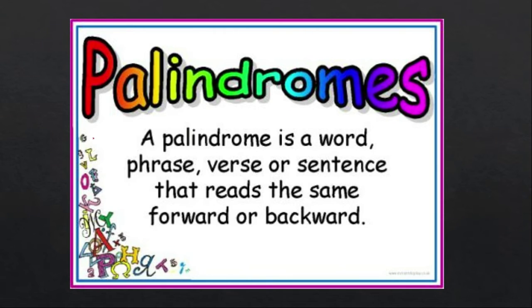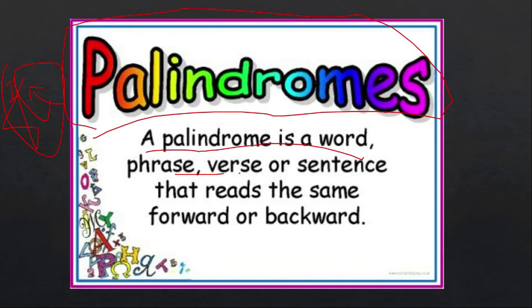So what basically is a palindrome number? One more thing, it is similar to the previous program. बस एक चीज, एक if or else statement आएगा and it is absolutely going to be the same as the previous, the reverse of a number. So what does it say? A palindrome is a word, phrase, verse or a sentence that reads the same forward or backward. जो मतलब आगे से और पीछे से पढ़ने पे सेम ही आए.